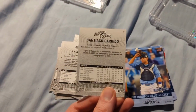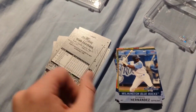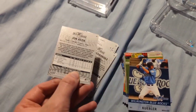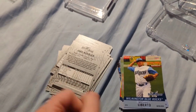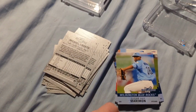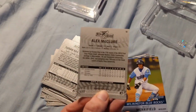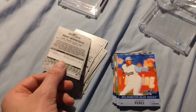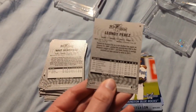Santiago Garrido, Juan Greatroll, Roman Hernandez, John Keck, Jake Kubler, Michael Liberto, Sugar Ray Merriman, Alex McClure, Whit Merrifield, there you go, stayed with the organization, Kansas City, Leondi Perez,